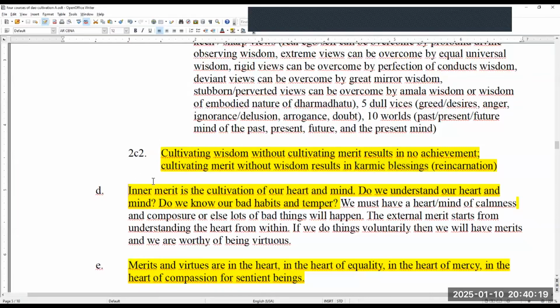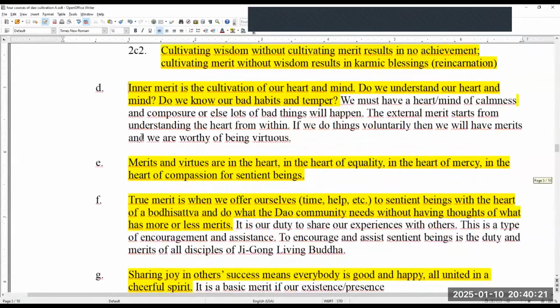Then of course it talks about inner merit, which is the cultivation of the heart and mind. Do we understand our heart and mind? Do we know our body habits and temper? Yeah, because after all,